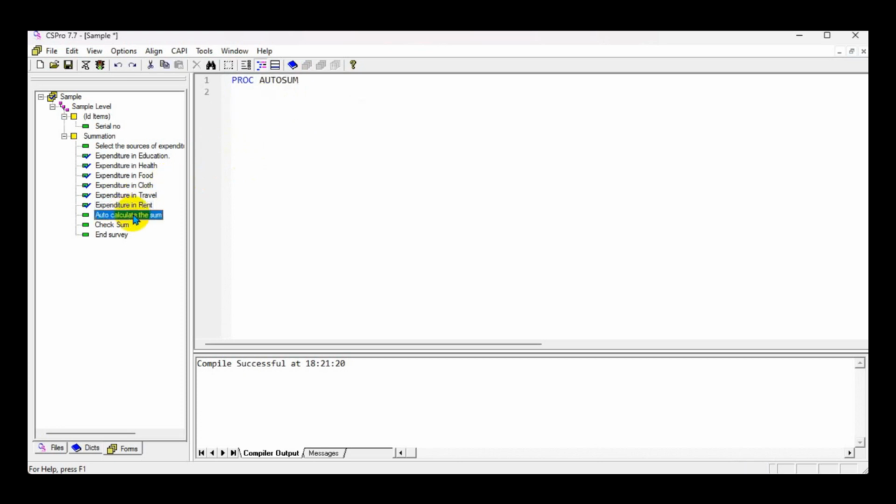and this field is for auto summation of the given expenditure. Like if you spend on education, health and food, you need to sum the amount of all of the expenditure in this field, so dollar equal to summation Q1 plus Q2 plus Q3 plus Q4 plus Q5 plus Q6,